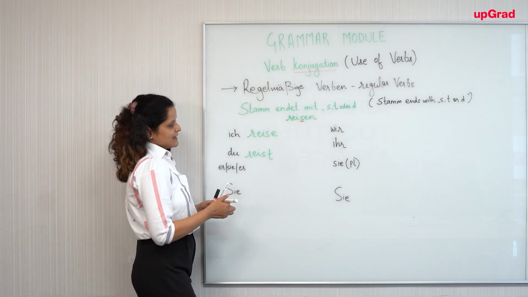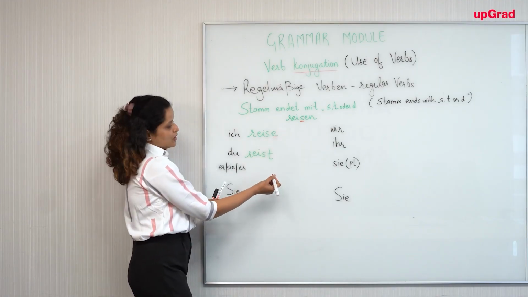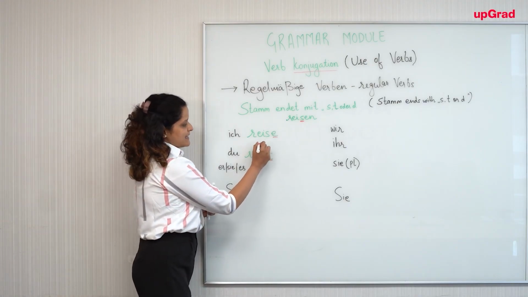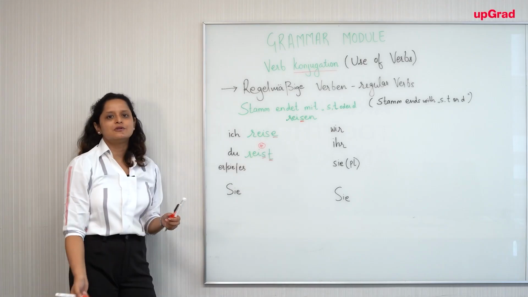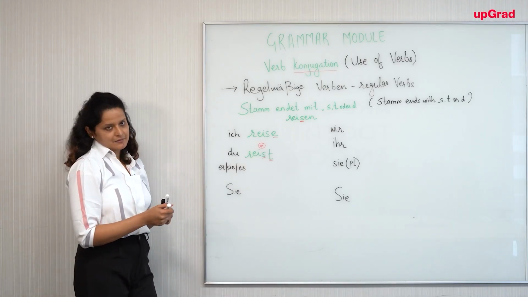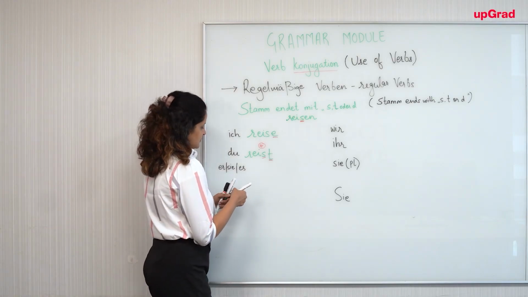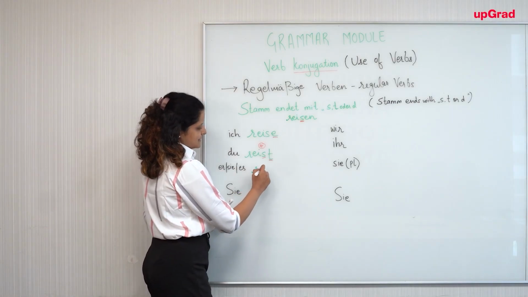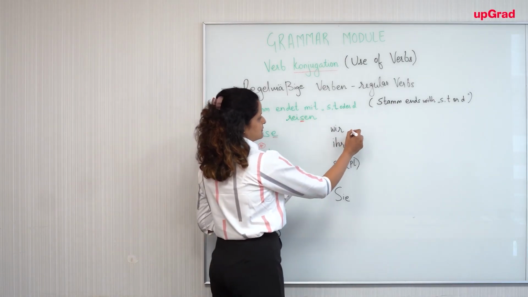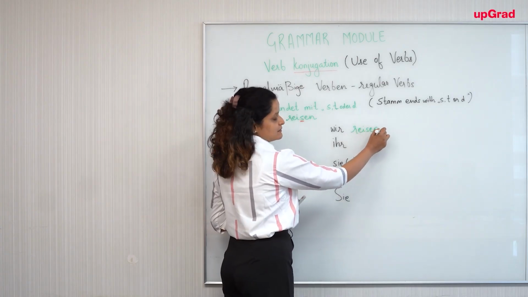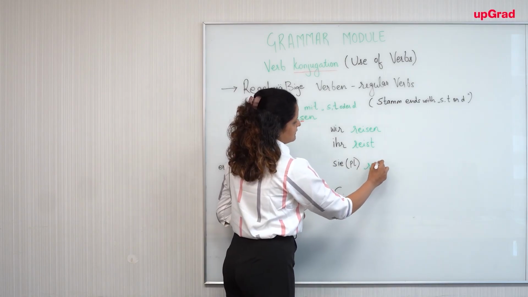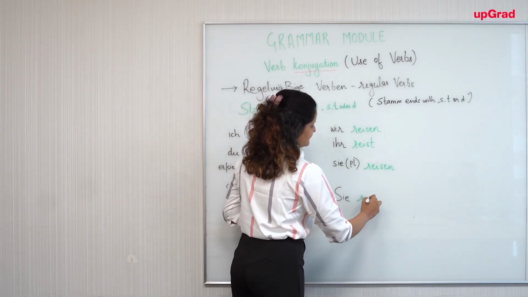So ich reise, with the ending, du reist, here with the ending. Why? Because this S is already there, so there is no need to add another S to it. The remaining conjugations remain the same. So there is no change here. Er/sie/es reist, Sie reisen,